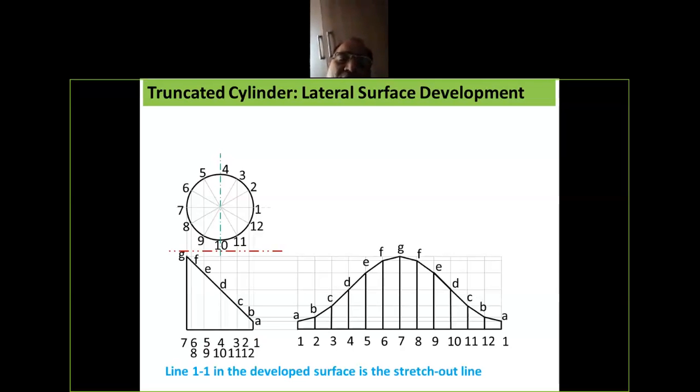Now, this is an important figure. You have to consider a truncated cylinder. How can we make a cylinder development, its lateral surface development? For a cylinder, the top view will be a circle. Its bottom face and upper face will be the shape of a circle. Whenever we see the cylinder from the top, it looks like a circle.